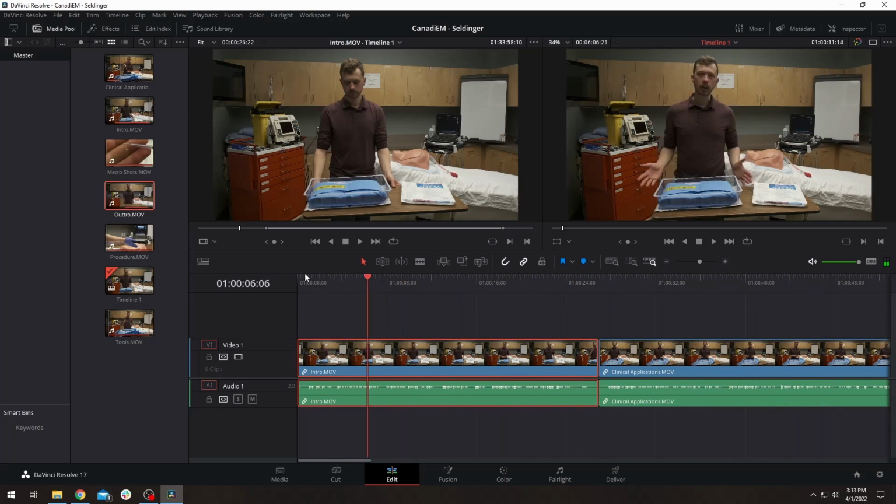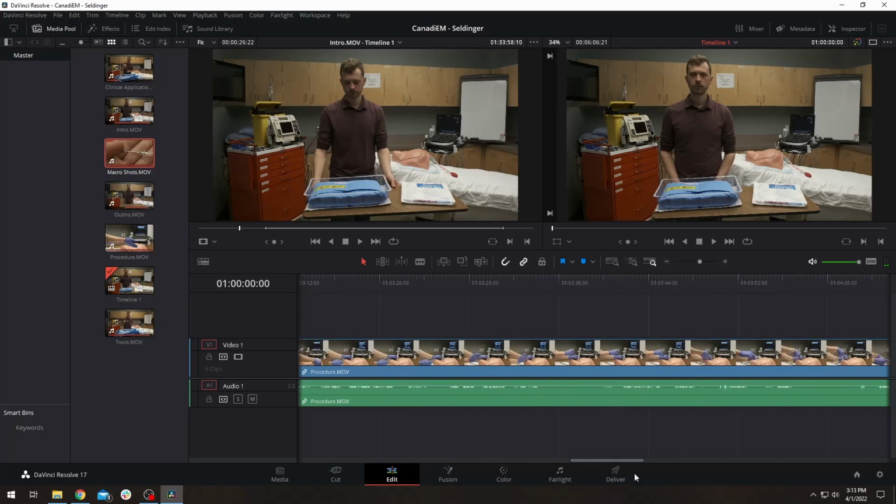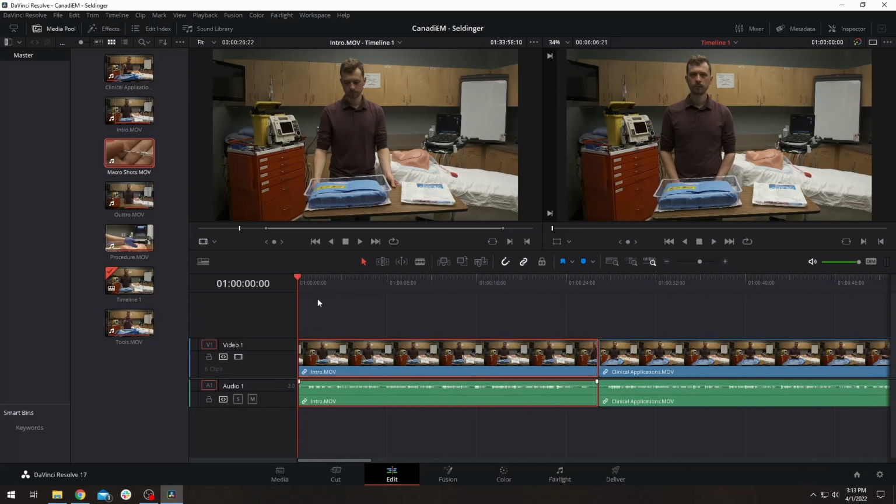slide through these, and this video screen on the right will show me what my video is going to look like. Don't worry about the video on the left. This is just showing your media on this side. It's not actually in your video. Now, the best thing to do here is to watch your entire video, and as you do that, you will